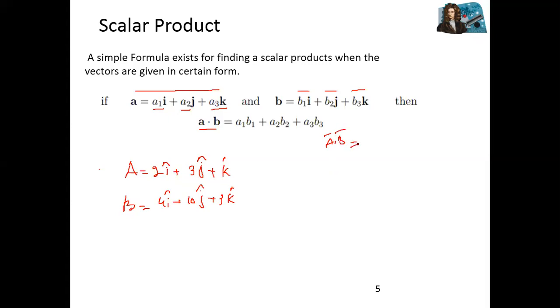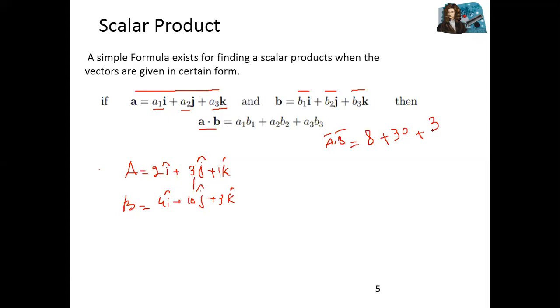So simply we have a formula that you need to multiply x with x, y with y, and z with z. When you multiply 2 with 4, equal to what? 8. Plus 30, 30j, correct, and this is 3k. But listen, we don't write ijk, because the dot product is a scalar product. The result is a scalar quantity. We cannot write ijk. Why can we not write it?